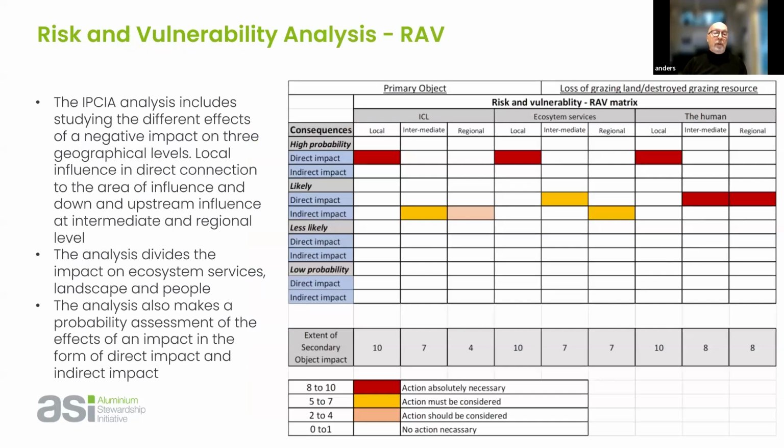In the final part of an IPCIA, we are making a risk and vulnerability analysis, a RAVA, and it includes studying the different effect of a negative impact on three geographical levels: the local influence in direct connection to the area of influence, and down and upstream influence at the intermediate and regional level. The analysis divides the impact on ecosystem services, landscape, and people. And the analysis also makes a probability assessment of the effect of an impact in the form of direct impact